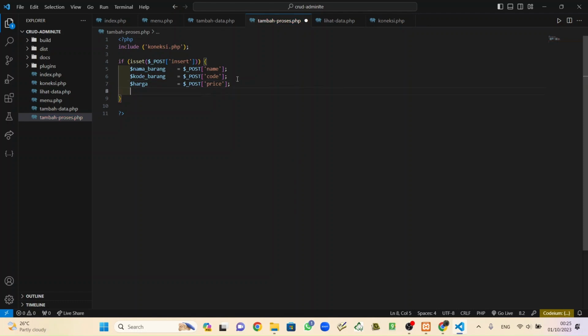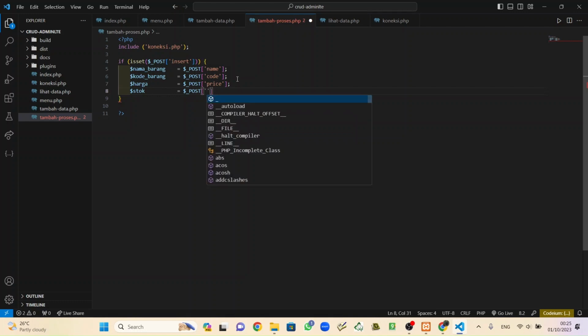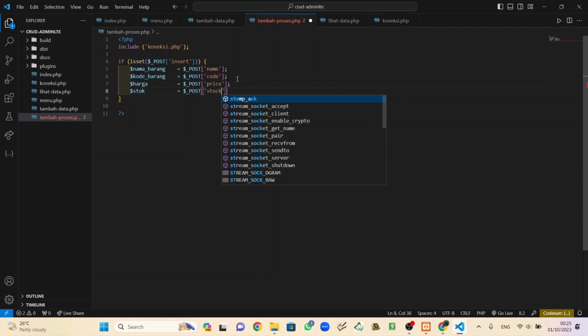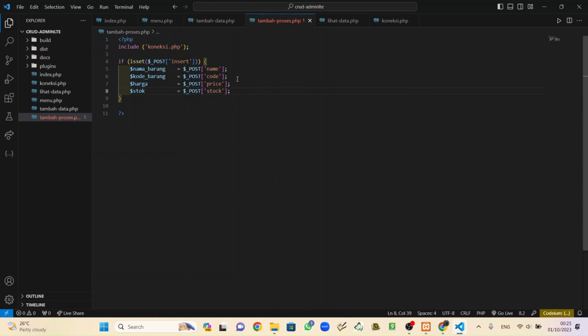And next is stok, with the Indonesian spelling, and get a value from post stock. Save. And this is the query.